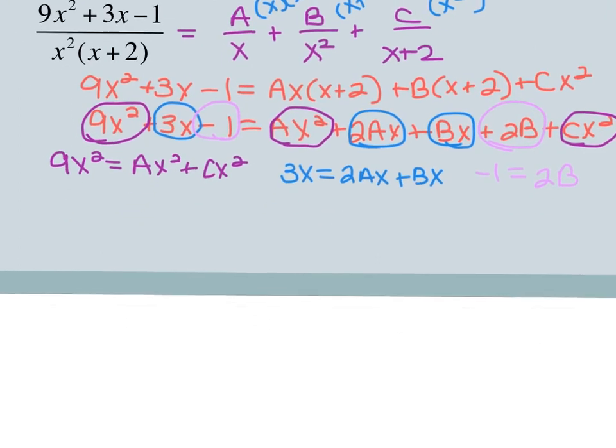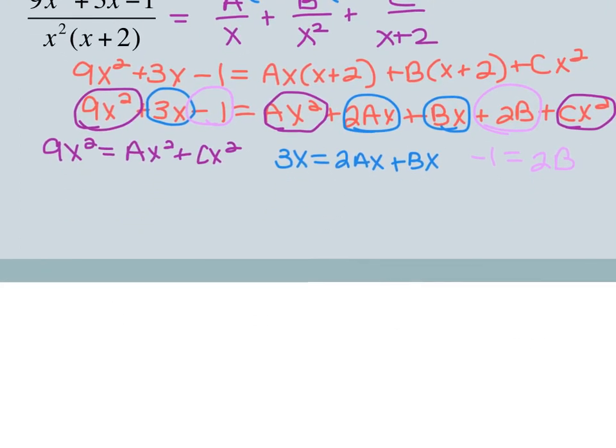Okay, so from all the x squareds, I can cancel out those x squared. So 9 equals a plus c. These all have an x, so 3 equals 2a plus b, and then the constant would stay the way that it is. So my system is 9 equals a plus c, 3 equals 2a plus b, and negative 1 equals 2 times b. Again, I'm at a place where I can solve for a variable,